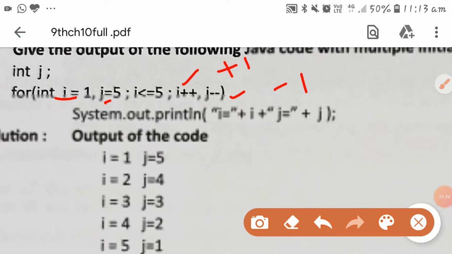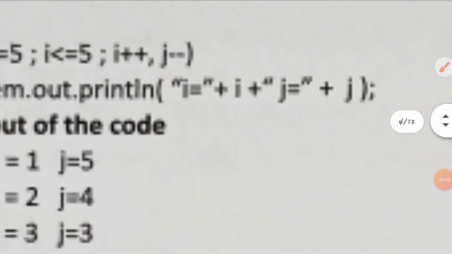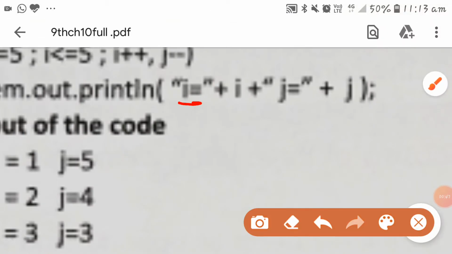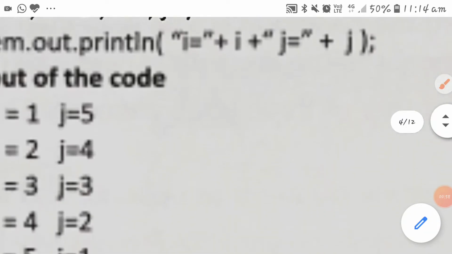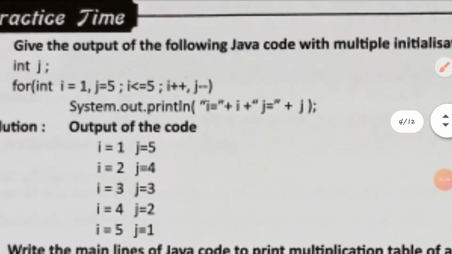So students, when you are writing the output, one important point you should understand. You see this. In between double quotes, this message should be printed. If you do not put "i equal to", it should come on the monitor. If you only write numbers, then your output will be wrong. So you should give the exact output as it will come on the terminal window.